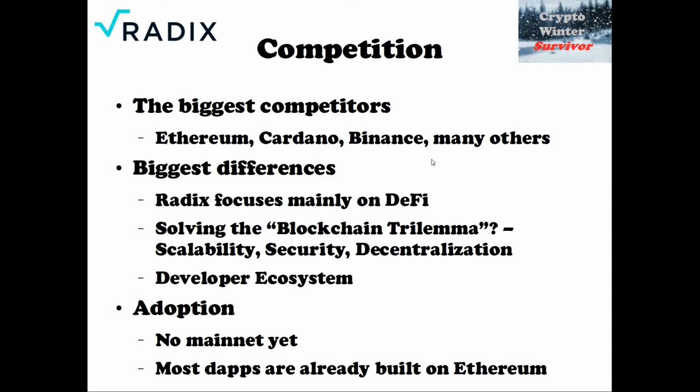Biggest differences, well, Radix focuses mainly on DeFi, where Ethereum and Cardano are basically just world computers where you can do pretty much whatever you like, gaming and stuff like that. You can build on top of Ethereum. I mean, that's the idea, at least, if they were to scale a lot better than they are doing now. But on Radix, it's not really the idea that people are gonna build games on top of Radix. That's not really where Radix is meant for. It's just focused on DeFi, and their whole blockchain and how everything works is really focused on the DeFi space.